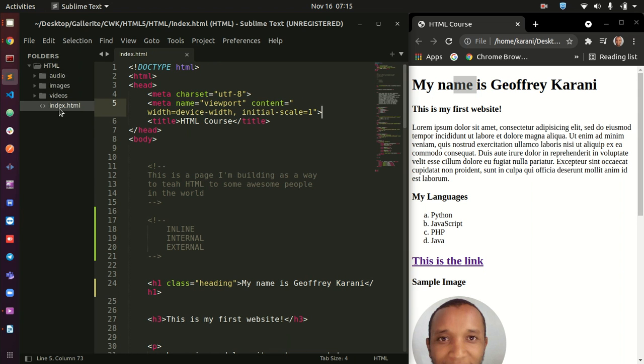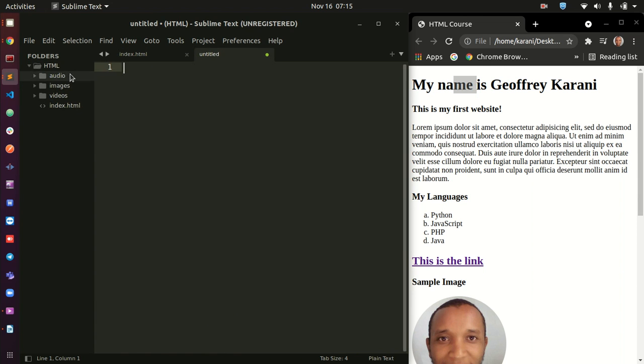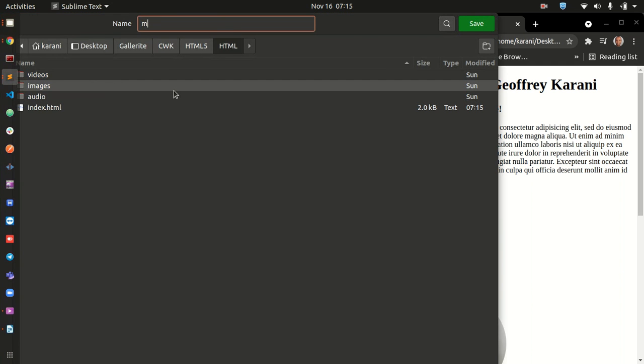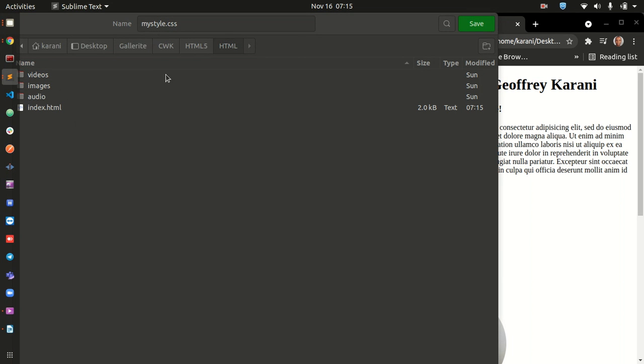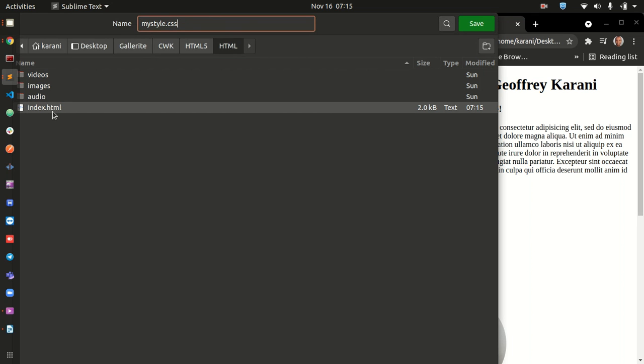You see, in the same folder that you have your index.html file, I am going to go ahead and create a new file here, save it and call it style.css. Now note that this file must have an extension of CSS. You must give this file an extension of CSS. It cannot be something else like HTML or .txt. It has to be CSS, just like we had to give an extension of .html when we were doing the HTML files. So save it.